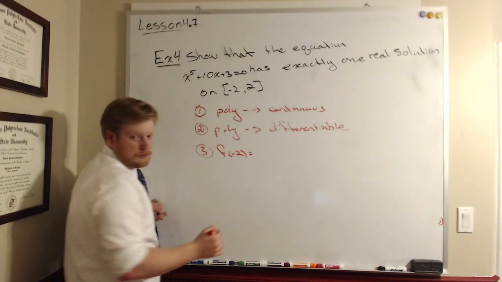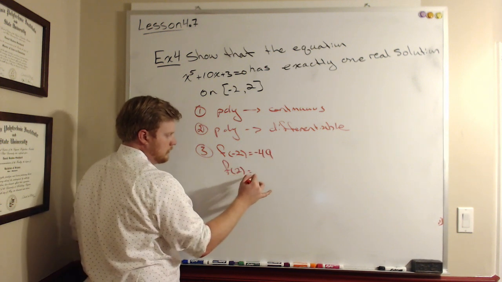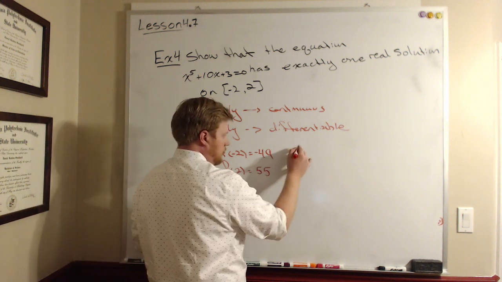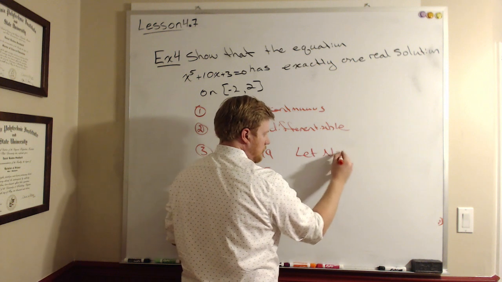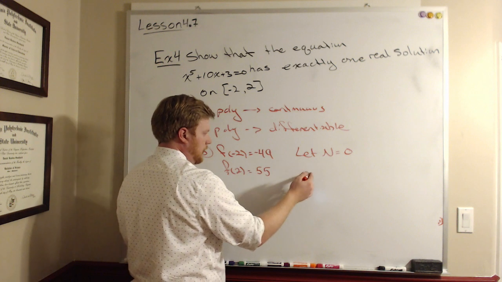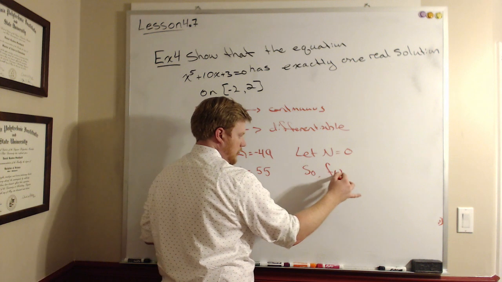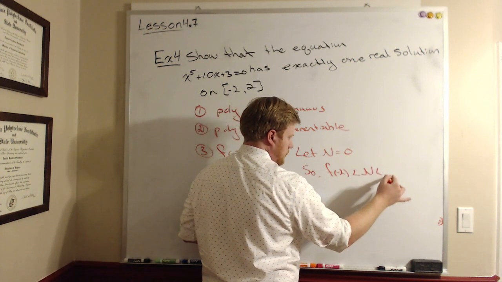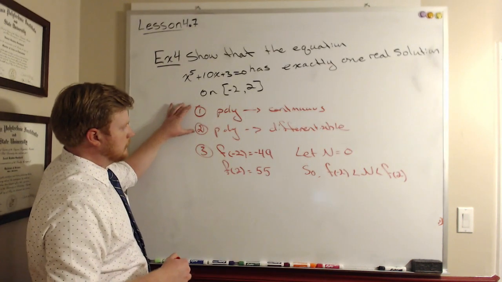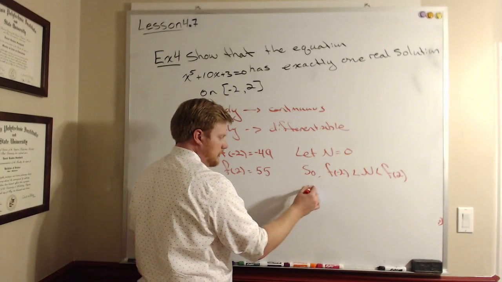So f of -2 is -49 and f of 2 is +55. All right, well, let n equal 0. Well, n's between these guys. So f of -2 is less than n is less than f of 2. And since it's a continuous function, well, it's got to be the case that